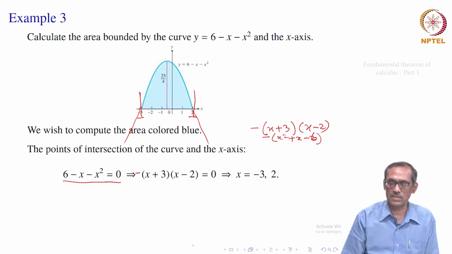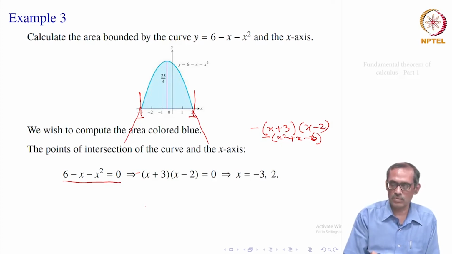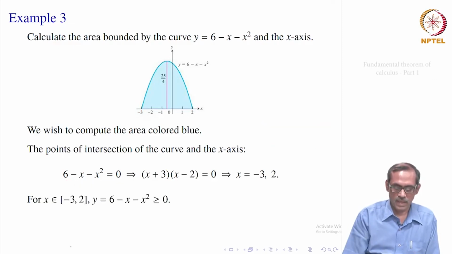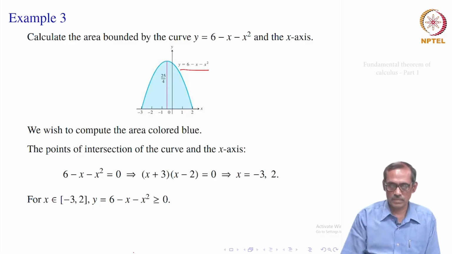So, you want to find this blue colored area. Then it will be just the integral from minus 3 to 2, as earlier, of f of x dx, right, that is the area. And we have to see that the area should always be non-negative. So, this curve in the picture lies above the x axis, so it has to be non-negative, but then analytically we have to see.